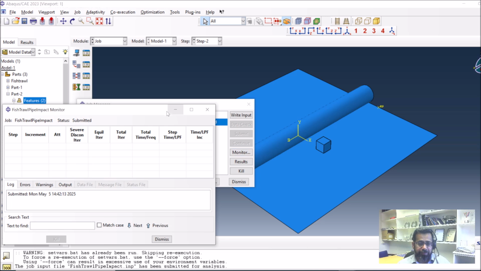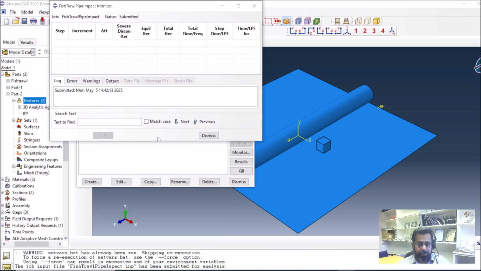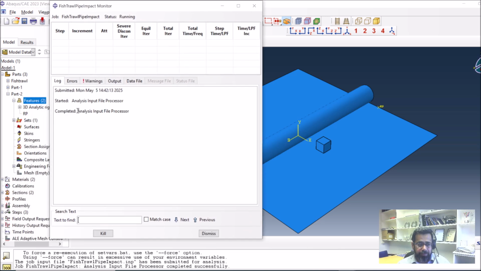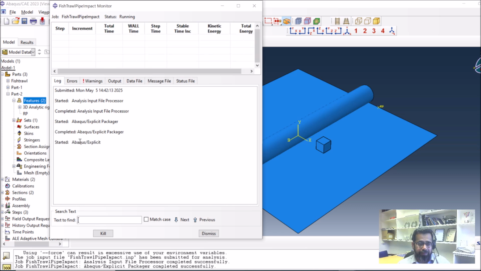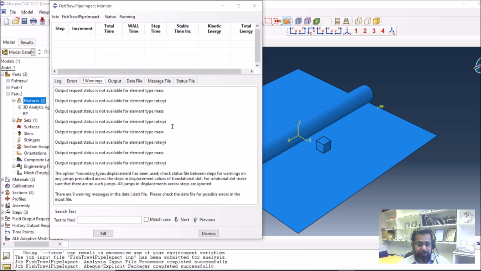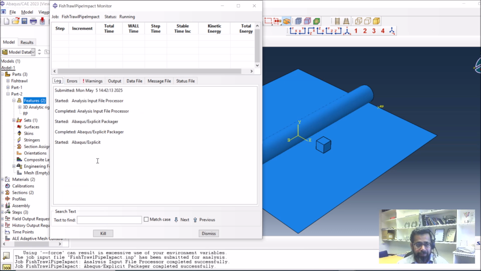So if everything is defined correctly, it should go to the process the input file processor, and then it will go to the main analysis. So now you can see it is going for that. There are no errors yet. There are some warnings about output and boundary condition, but they are usual warnings. And these quantities which are being asked by default by ABAQUS are not available for certain element types like rigid ones or non-rigid ones. So it is running,